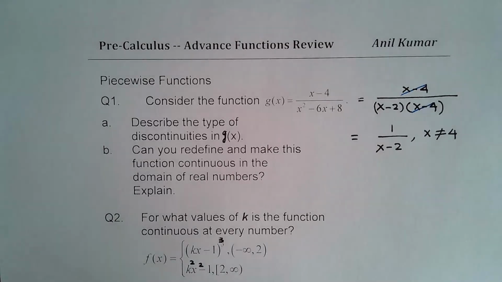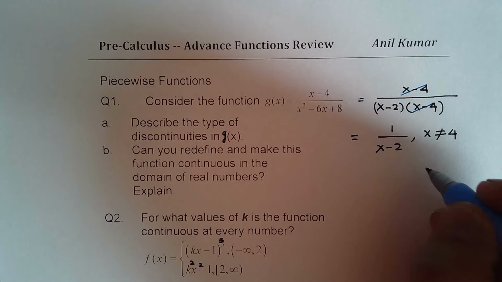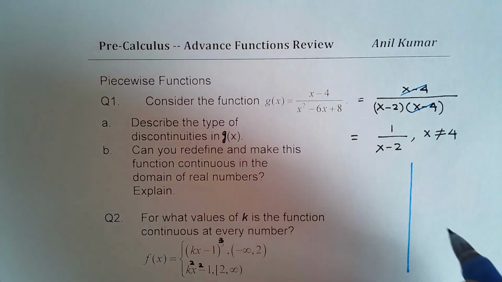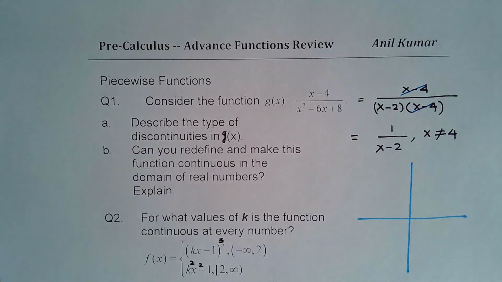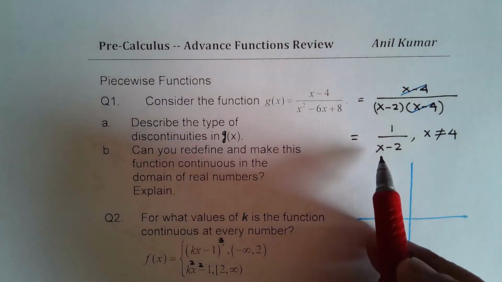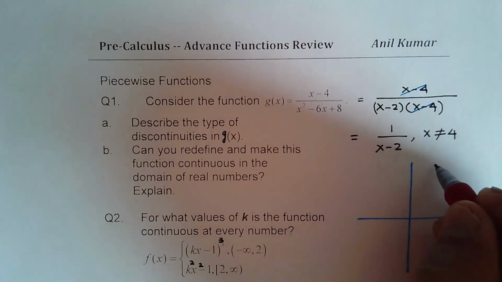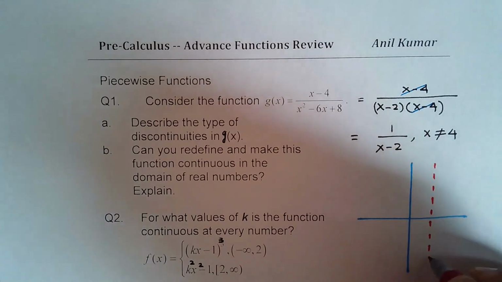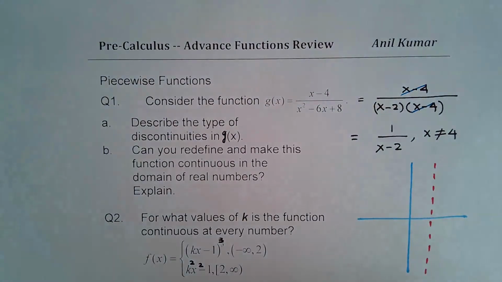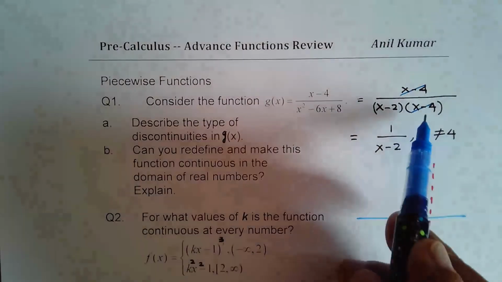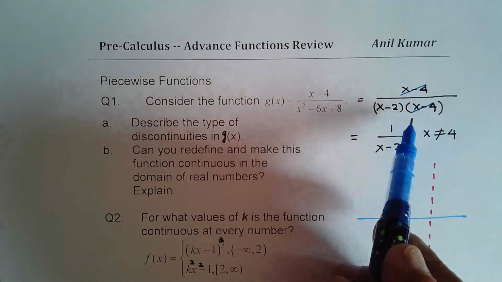Now if you sketch this function, what are you going to get? Let's try to do it. Make a sketch here. Denominator of x minus 2 indicates a vertical asymptote at x equals 2, right? So let this be the vertical asymptote at x equals 2. Now the factor which cancelled, this factor indicates a hole at x equals 4, right? So we have a hole